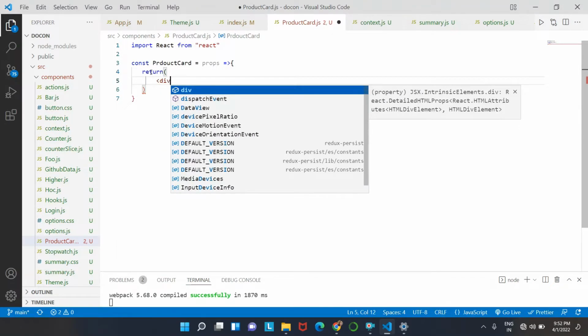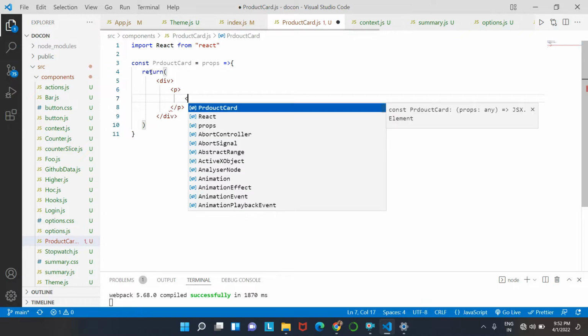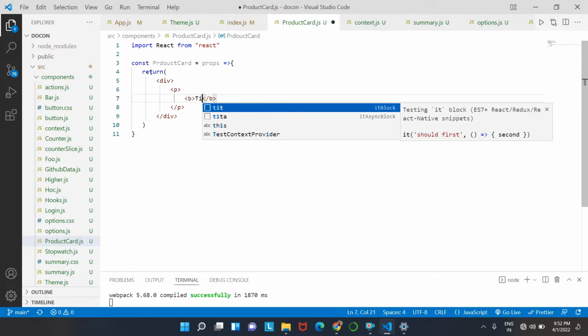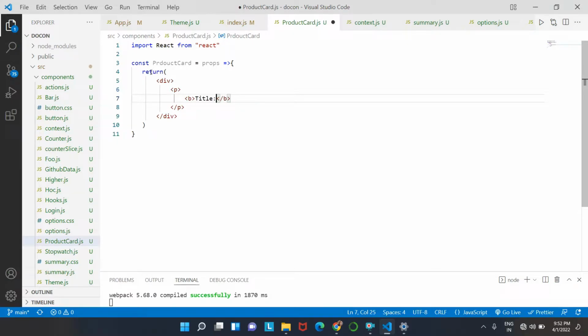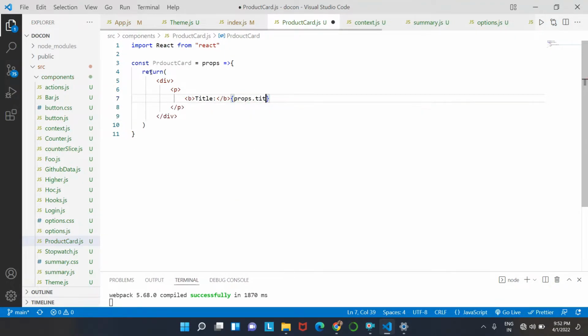Inside return, I'm going to add a div. Inside this div, we are going to have a p tag, and I will add a bold. So here we will be displaying the title. This title is going to display props dot title, and